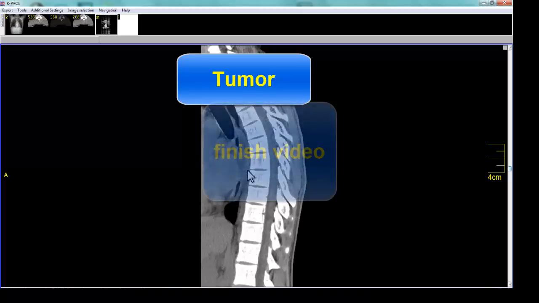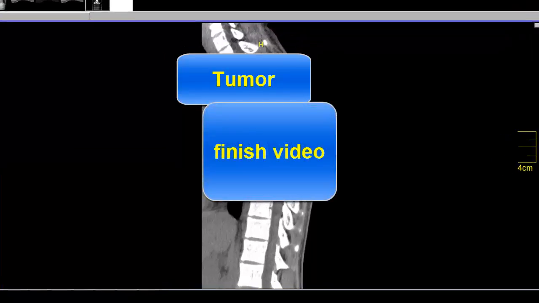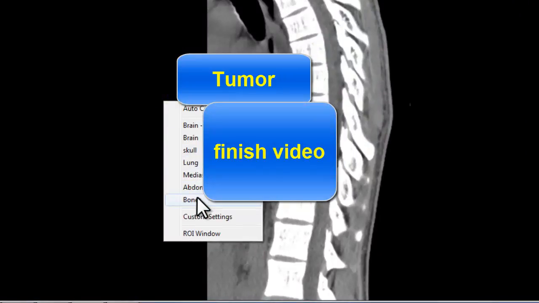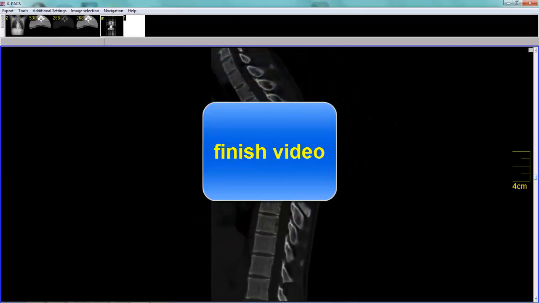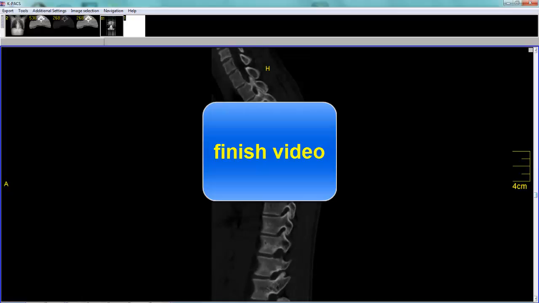I'm going to transition now to discussion about tumor. Switch back to the bone windows. Okay. So tumor will generally involve the vertebral body. What's important to know is that if we go sort of parasagittal here, it also likes to involve